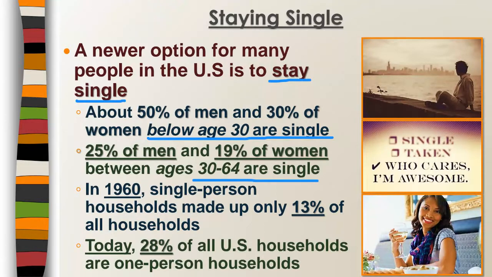And this one's kind of interesting to me. Compare single person households between 1960 and today. In 1960, single person households made up only about 13% of all U.S. households. Today, that's 28% one-person households. That means about over 1 in 4 people that you come across lives by themselves